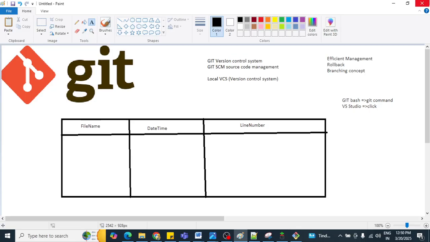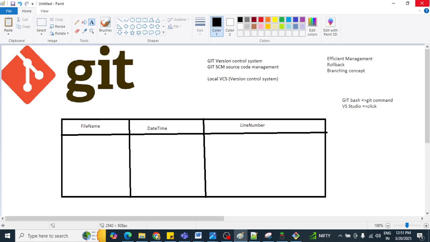To rectify this, they made a centralized version control system. In that centralized database, every developer gets rights to access that particular database, and they maintain the historical records and project records over there. But the same problem was also there in that centralized version control system. Suppose your centralized system goes down, then how will you maintain your records? So many challenges are there. To solve these types of challenges, Linus Torvalds launched one concept that is called Git.